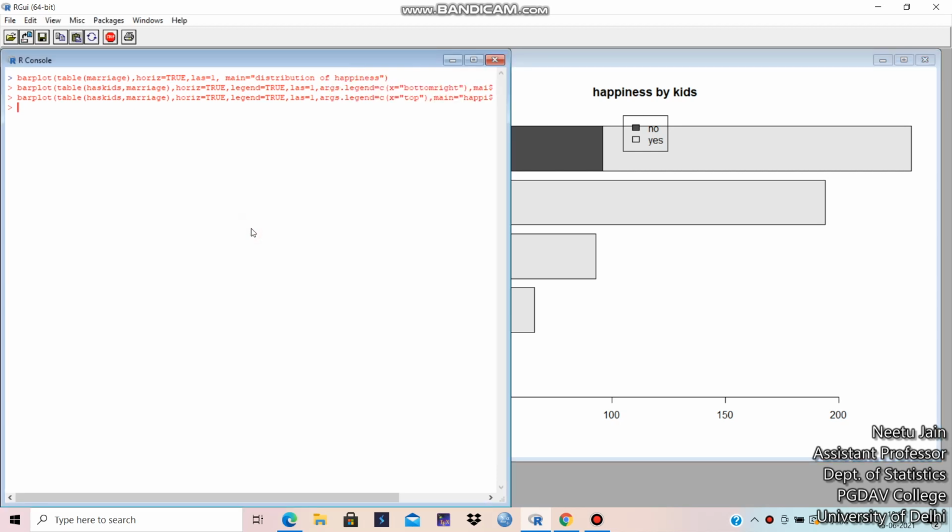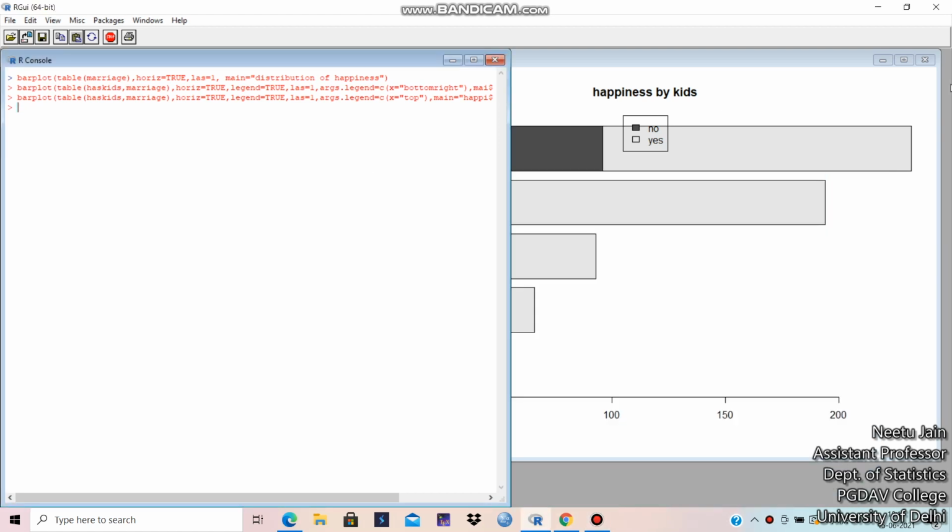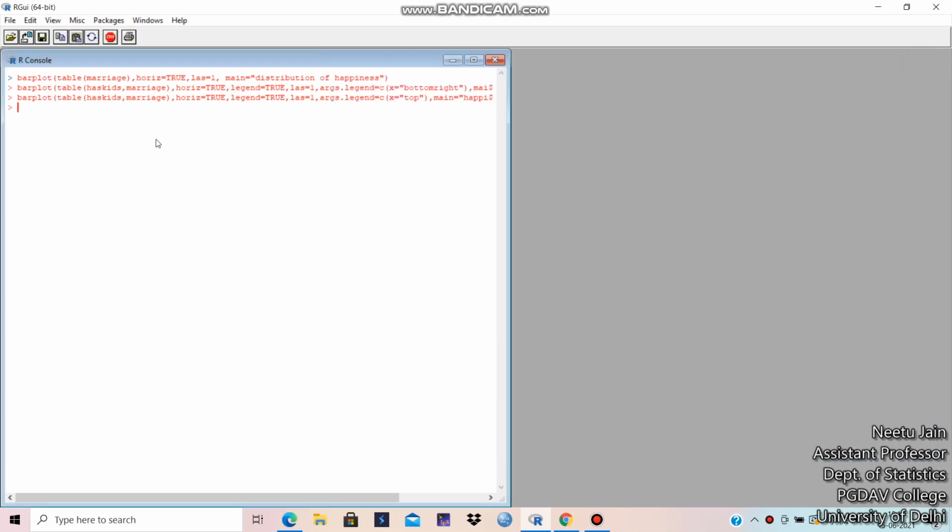Okay. Next is, you can plot a bar plot for any table, any contingency table. You can do these things, right? Now I am taking another data set from the same package wooldridge.